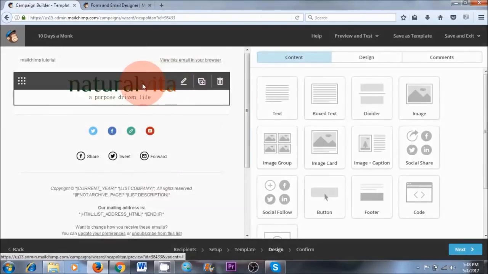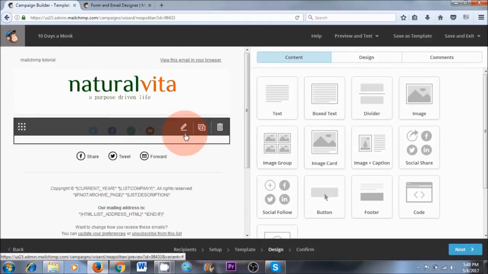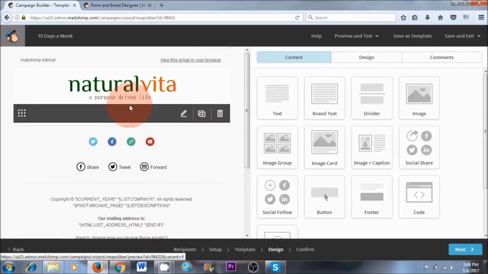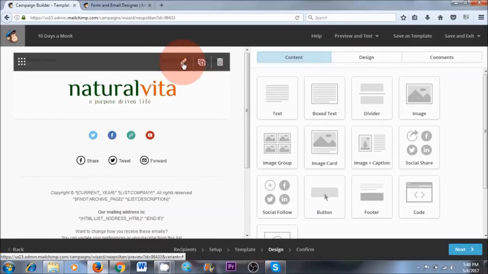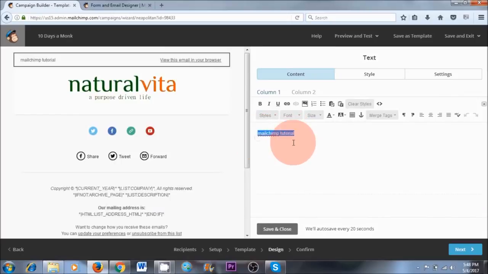Okay, so I've already shown you how to add your logo and how to edit this section. If you want to edit any of these sections, all you need to do is click on the pencil looking icon like I mentioned before. And if you want to delete any section, click on this delete block here. Now I'm going to modify this area because it's a different type of email. So it's not a Mailchimp tutorial, but